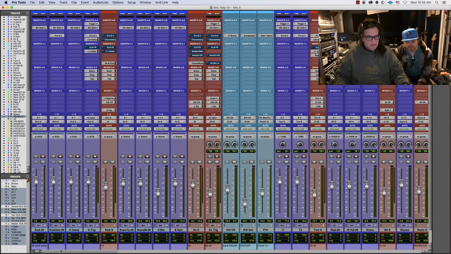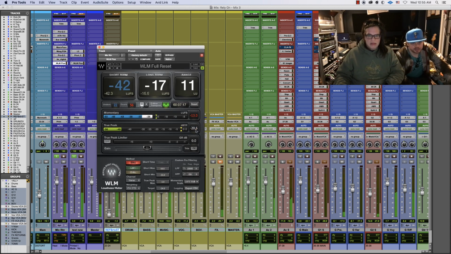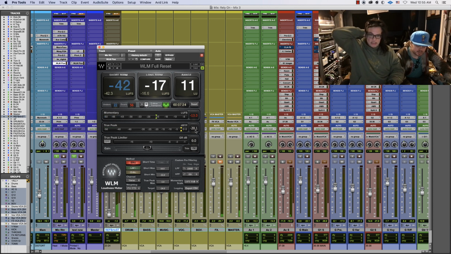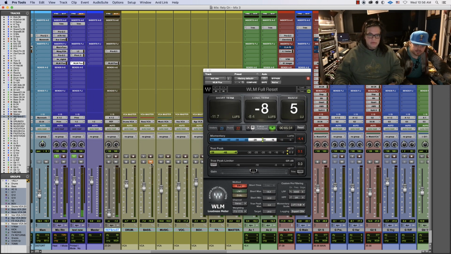Was that with the plugins on? I can't remember. Let me see. Hold on. The minus 20? No, minus 20 was without parallel compression, but it was with the chain. With the chain, yeah, so there's your minus 20. So you want to hit the chain at about minus 20 with the kick. Then you want your